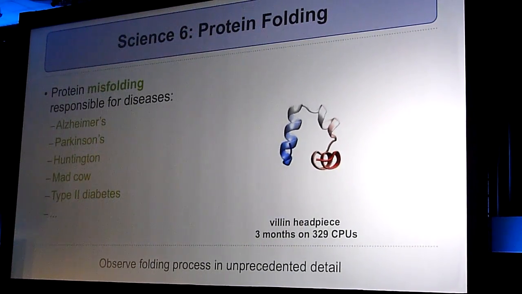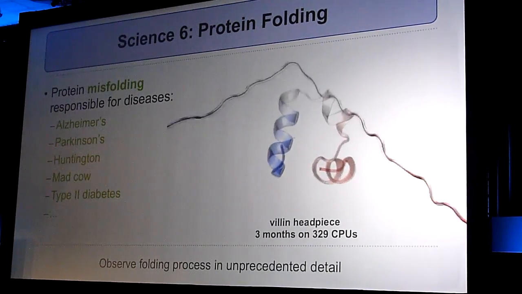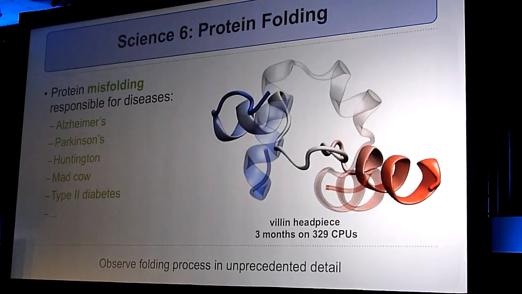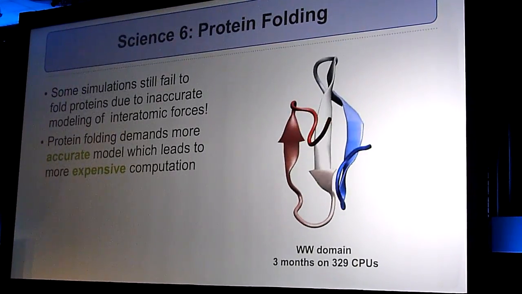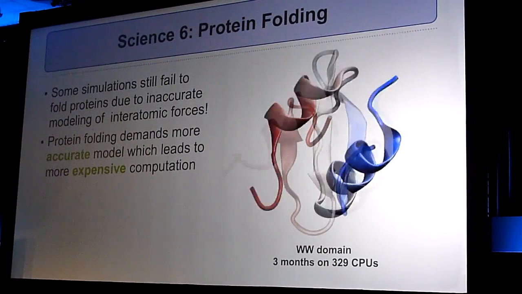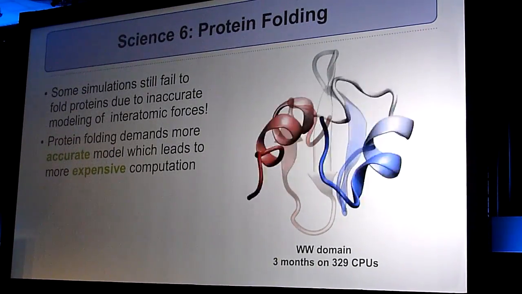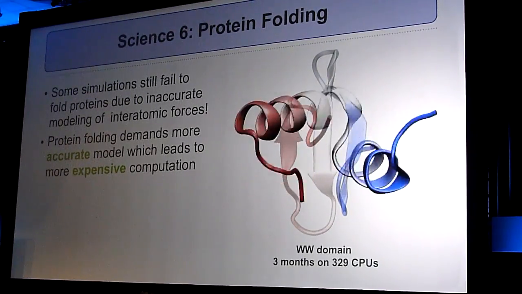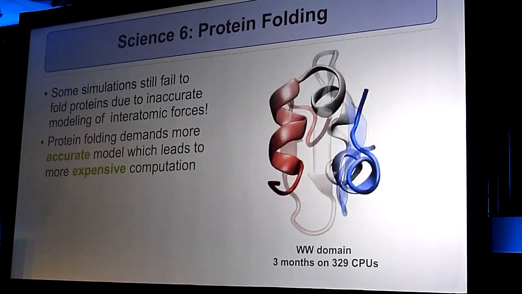can fold proteins. And that's very, very important for understanding quite a few central nervous system diseases that are connected with the misfolding of proteins. So it looks all great, except there are some beasts, some proteins that just don't fold right. Here is one of them. And so this is about the same size protein, and as we will see, it just doesn't fold. And you may think that, Schulten, you are just too impatient, wait a little bit. But we could show that actually it is not due to waiting, or not enough waiting, but rather that it is due to the inaccuracy of the forces